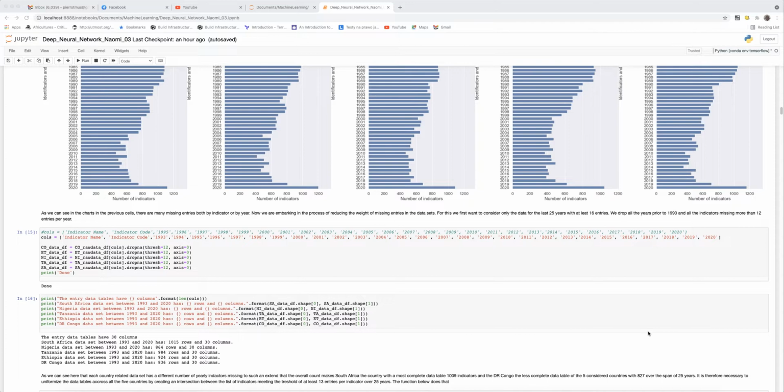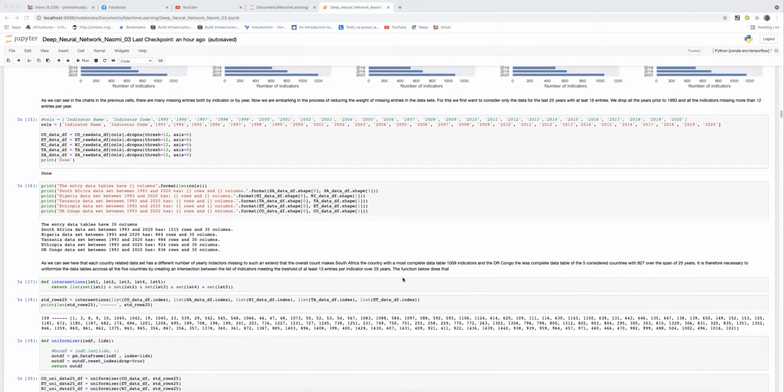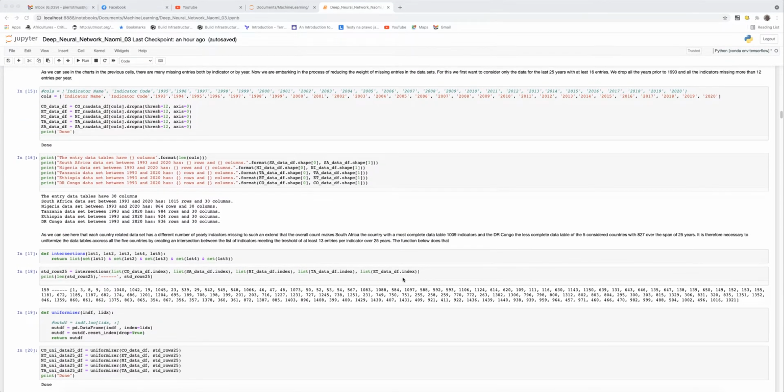First, we cut the number of years from 93 to 2020, so we take almost 27 years. And in these 27 years, we require that each year must have at least 15 entries. So we impose that condition, and after dropping all the rows that are redundant,